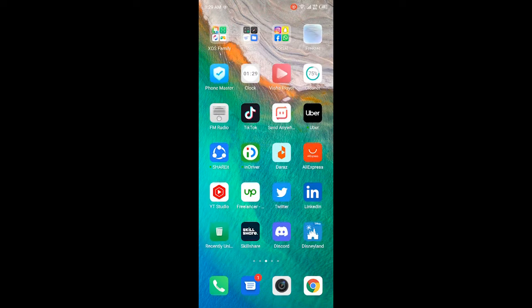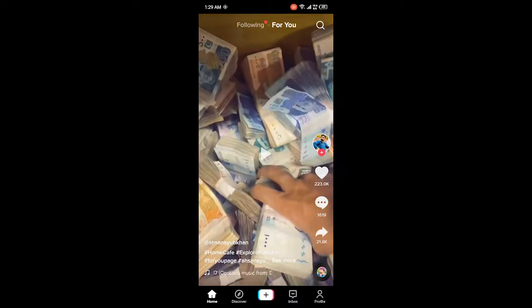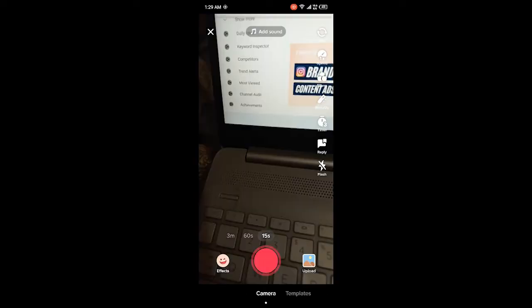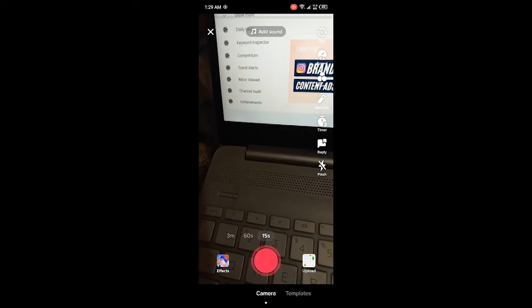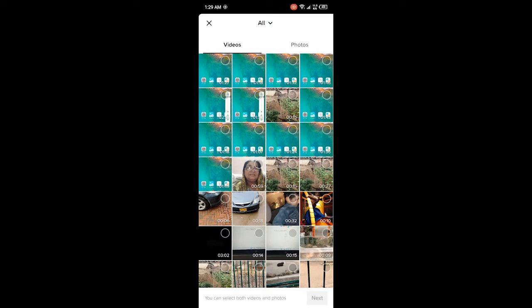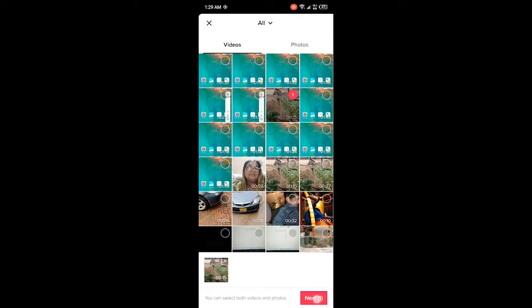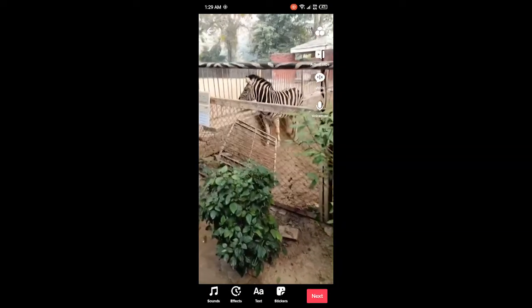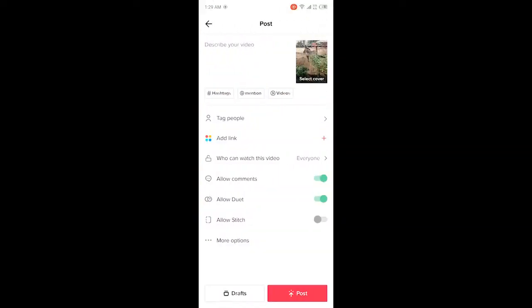First, you need to open TikTok application. Once you open TikTok, then you need to click on plus icon in the bottom, and then you need to click on uploads, and then you need to select a random video, and then you need to click on next. Then you need to click on next again, and then you need to click on more options, and here you can see the option of branded content. Click on that,